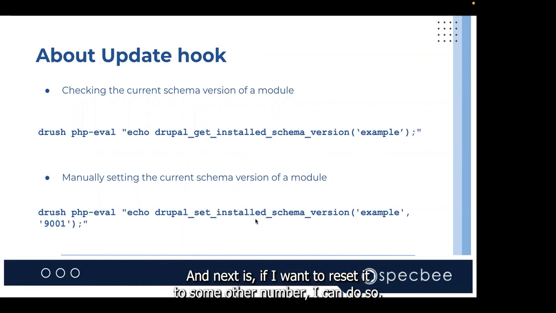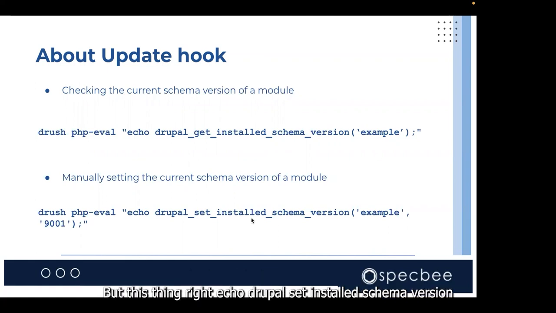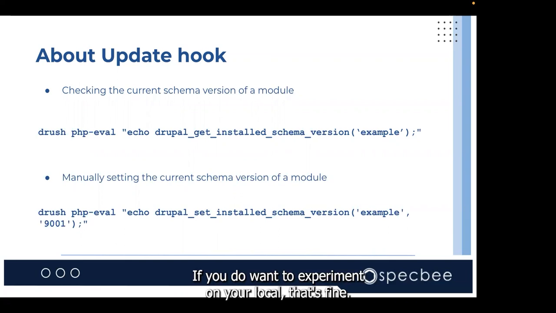And next, if I want to reset it to some other number, I can do so. But this thing, drupal_set_installed_schema_version, try to avoid using it on your production sites. If you do want to experiment on your local, that's fine. But try to avoid it, though it's good to know this. So